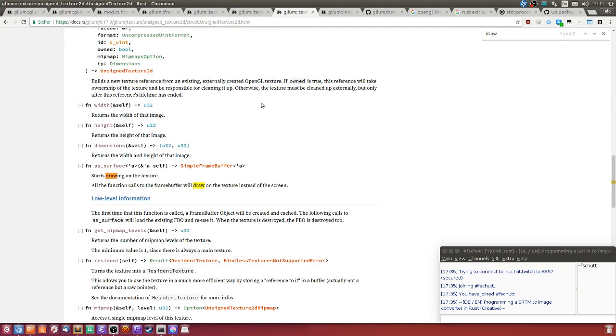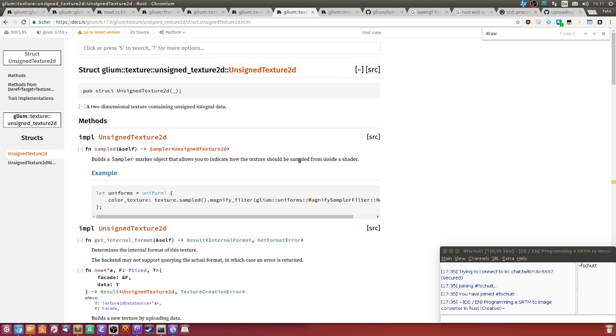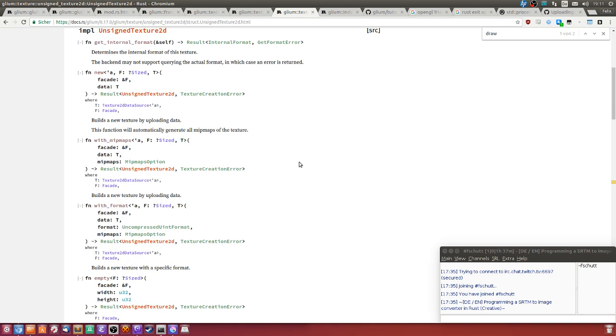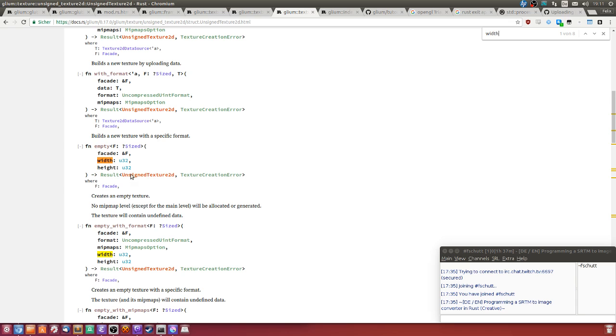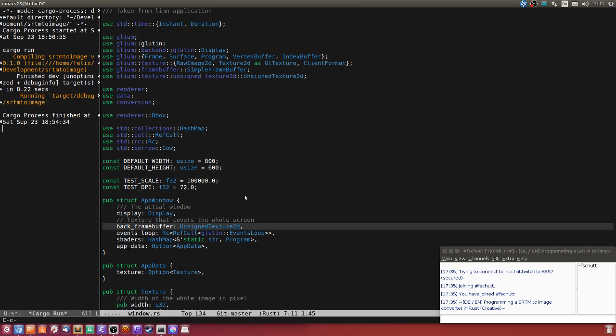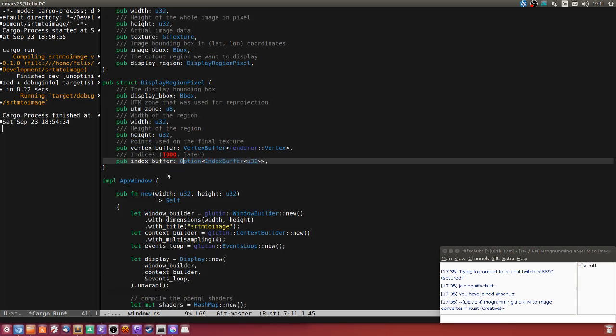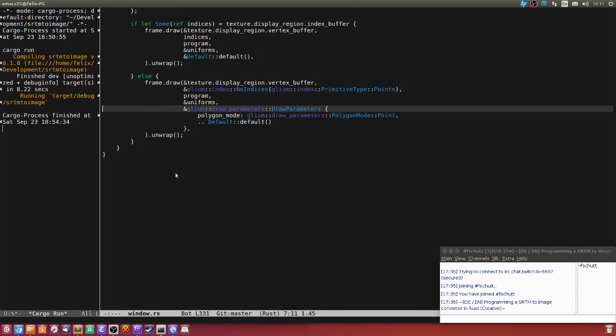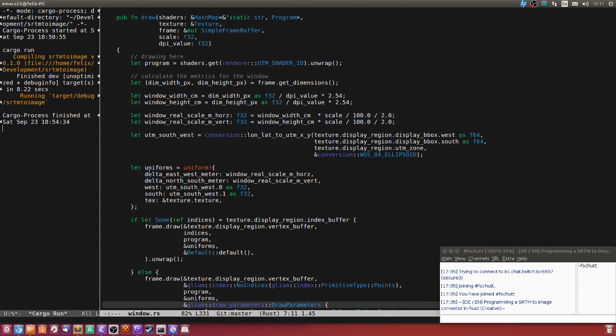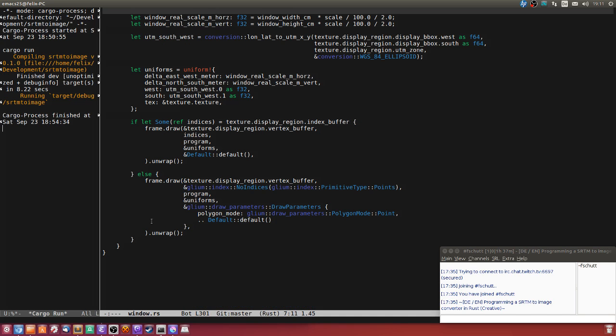Do we actually have, yes, unsigned texture 2D as surface, empty, which is, yes, we draw onto this,